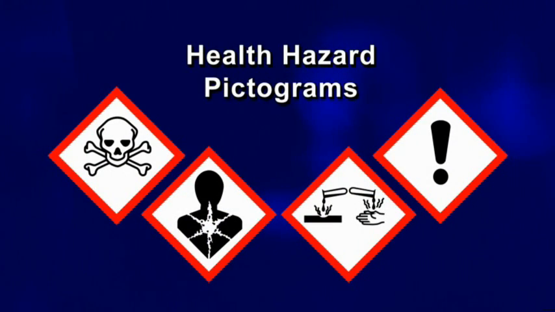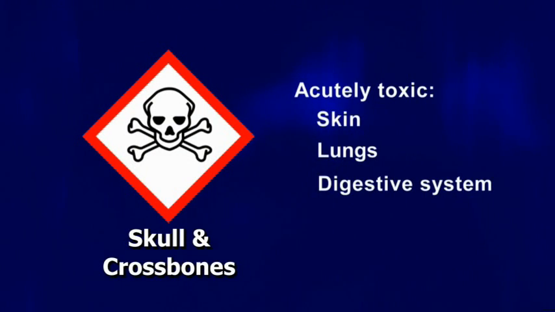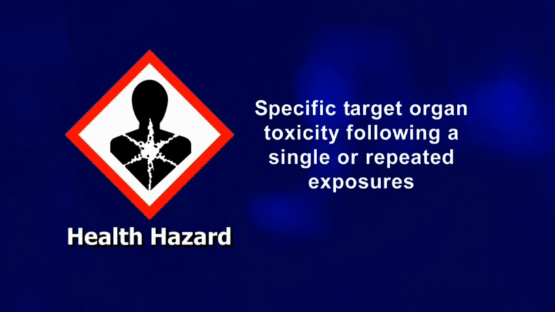Besides corrosion, there are 3 other health hazard pictograms. The skull and crossbones is used when a chemical is acutely toxic to the skin, lungs, or digestive system. The health hazard pictogram, sometimes called the chronic health hazard pictogram, denotes respiratory sensitization, germ cell mutagenicity, carcinogenicity, reproductive toxicity, or an aspiration hazard. It is also used when a substance can cause specific target organ toxicity following a single